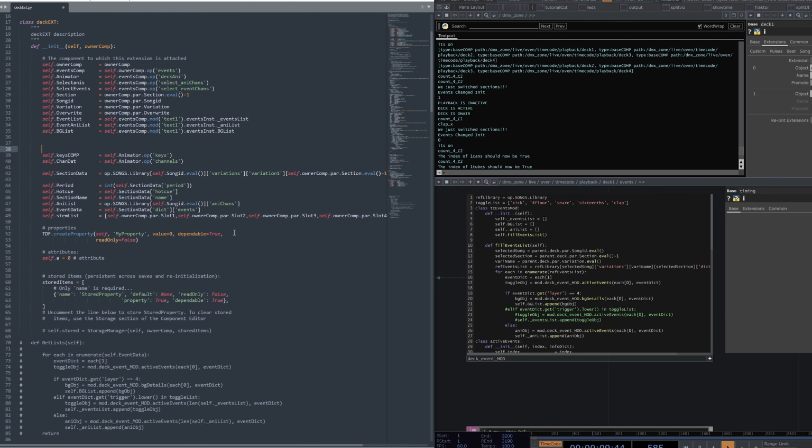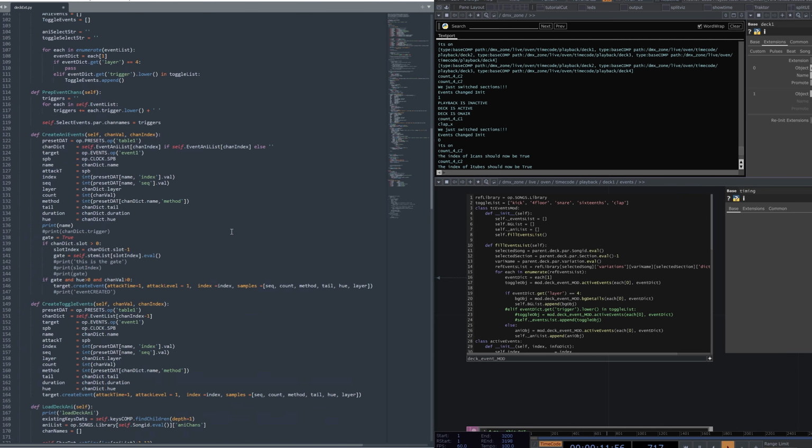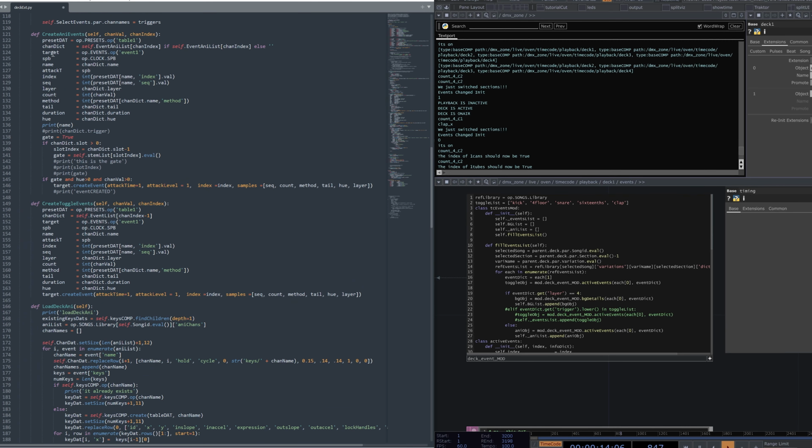As I scroll back in our deck extension, create Annie list is up here. It is asking for the channel value and the channel index. The channel index is to determine which event in the Annie list is being referenced at a time.